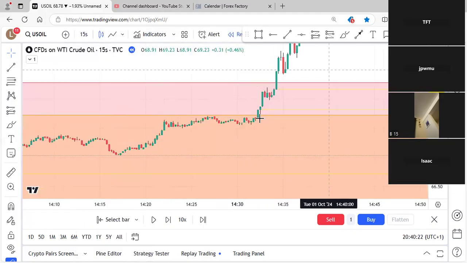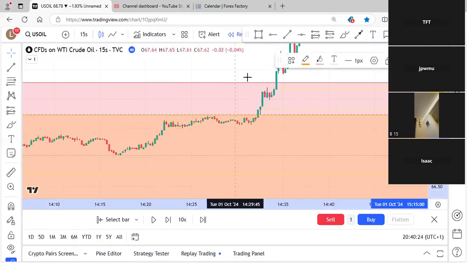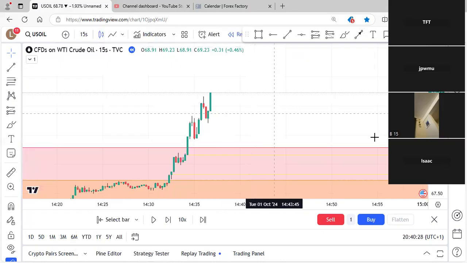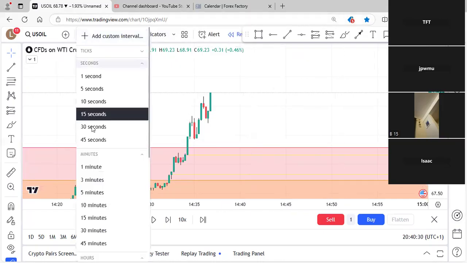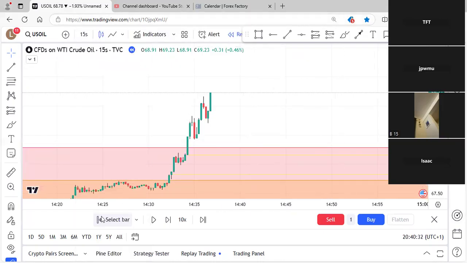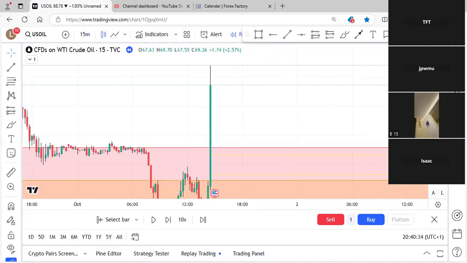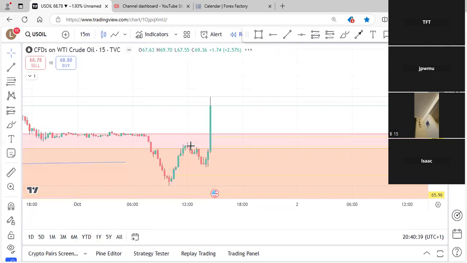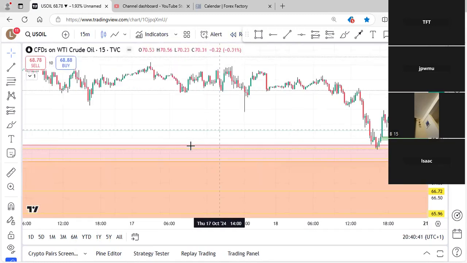So maybe thinking that the orange box should have been marked up to here. I don't think it needs to be higher than that. Obviously, I'm just trying to catch a decent imbalance on the 15, but I need it to be in the zone to catch it. And obviously, as we see,